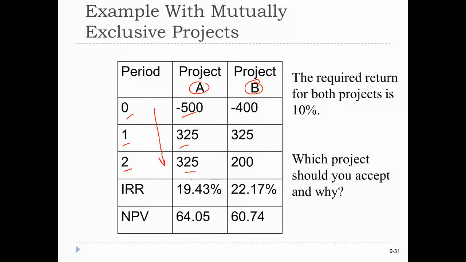That translates to an internal rate of return of 19.43%. Pretty good. And you can calculate that. You can verify that with your calculator or your spreadsheet if you want to. Taking account of the required rate of return that's specified up here as 10%, you could also calculate the net present value of these cash flows. And again, I'll leave that as something for you to do, but you would find that the net present value of those cash flows was